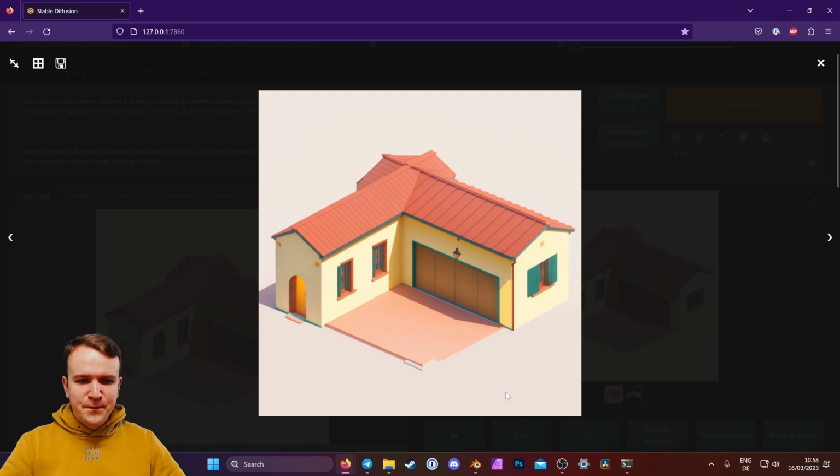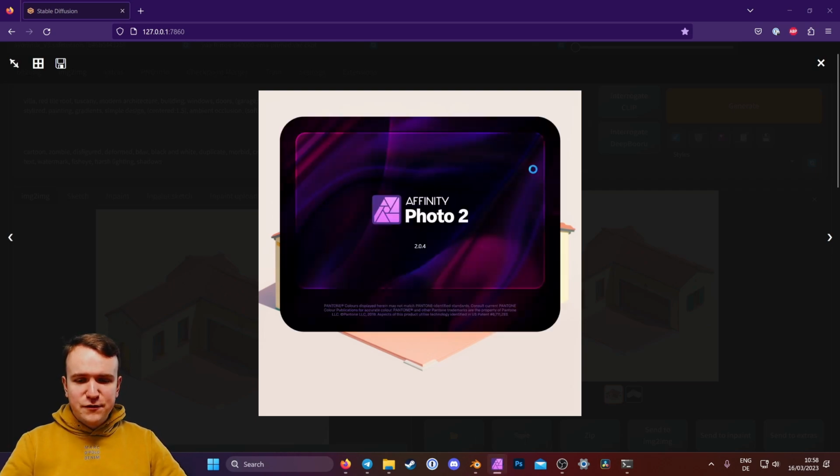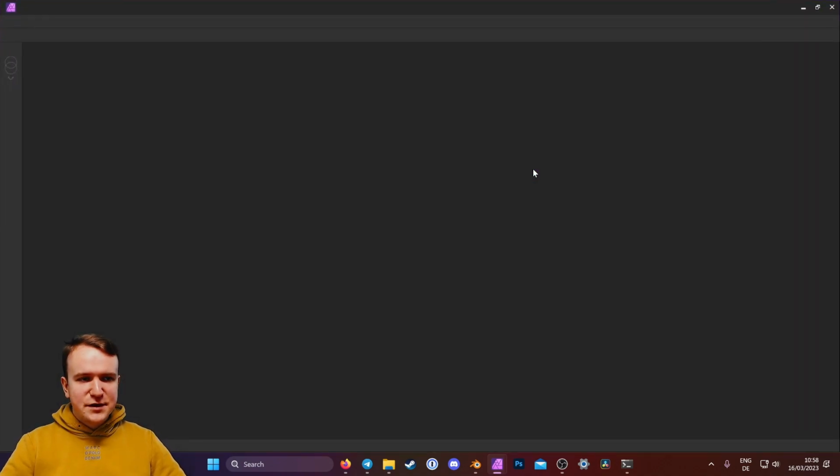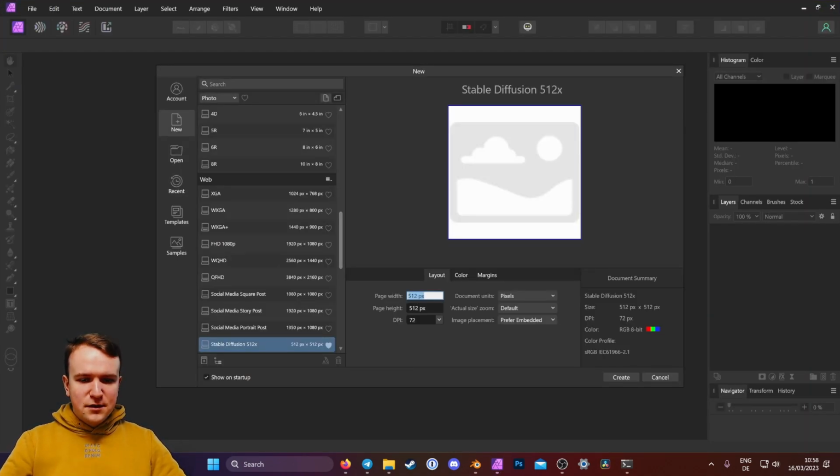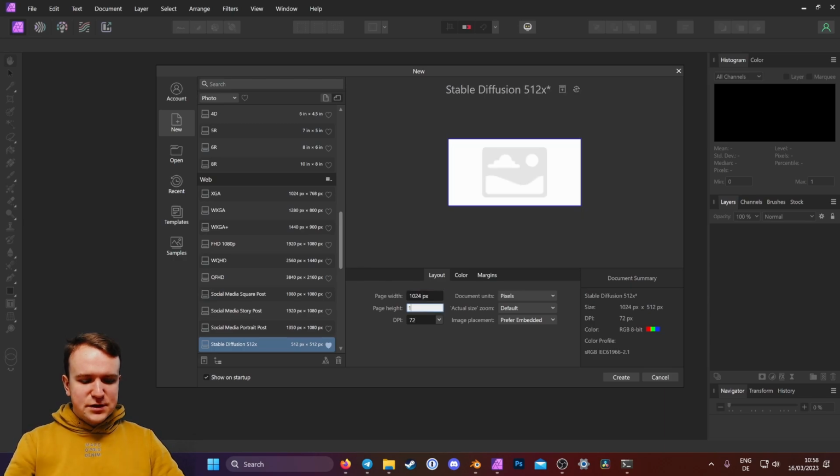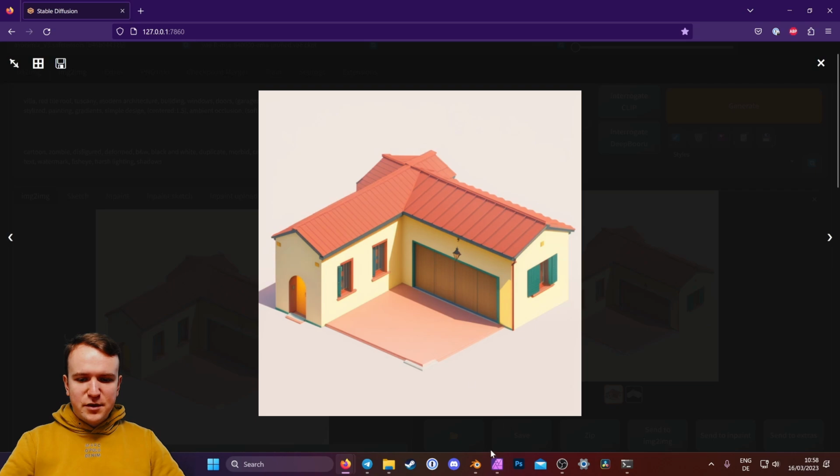Really cool trick there. Now, what do we do with this? Well, we bring it into an image editing program of our choice. I'm going to use Affinity Photo. This is equally possible in Photoshop or GIMP, just with slightly different techniques. So I create a new file and make it the size of our results, so 1024 by 1024, and copy paste our results. So we copy our image,